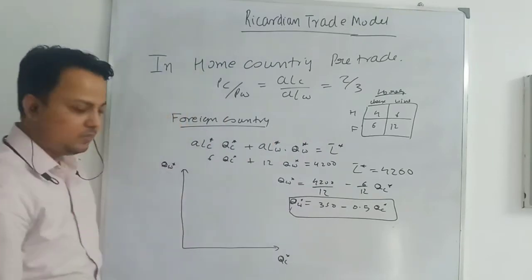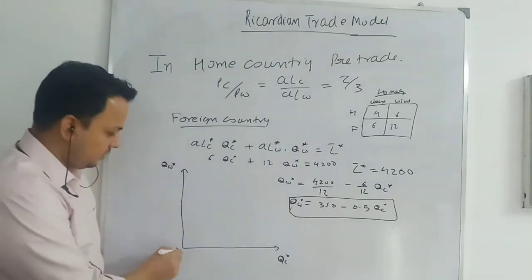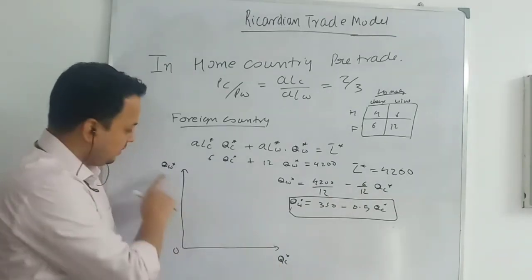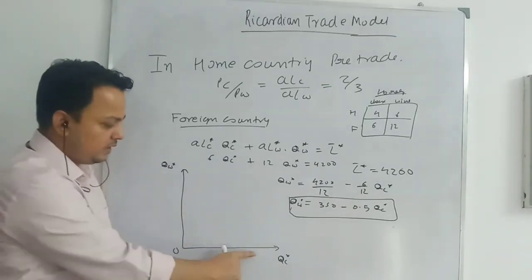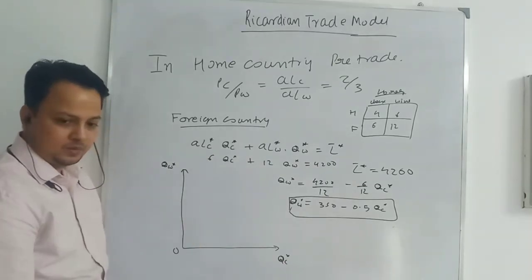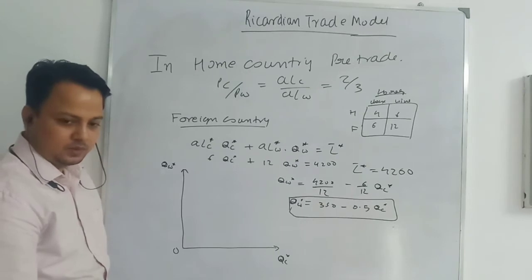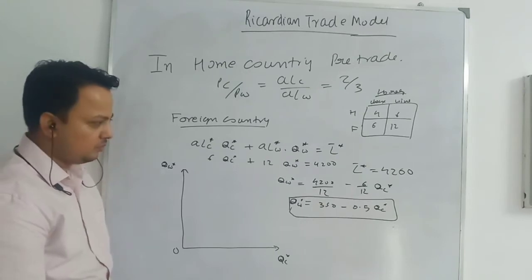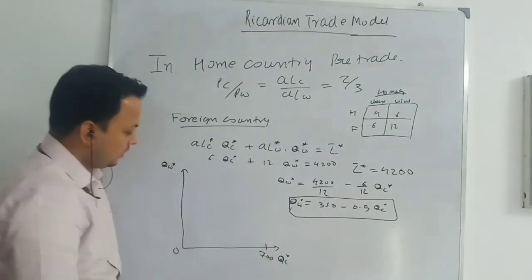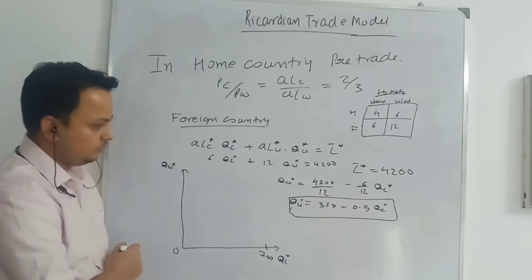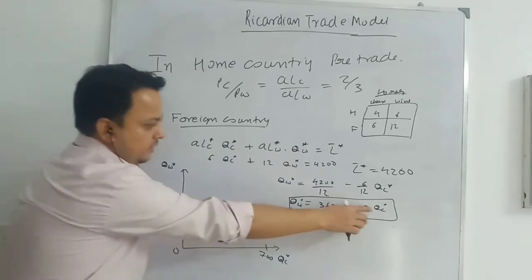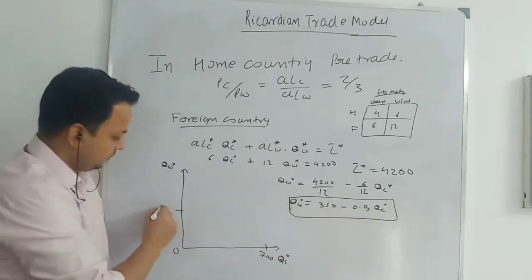Now, the intercept term: many of you made mistakes in the examination. Remember, when you want to take the intercept on the x-axis, take the y-axis value as 0. What will you get? Look at the formula. Very good. And with QC star equal to 0, it is 350, right? 350.